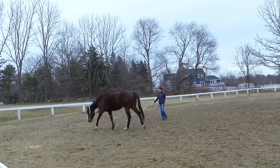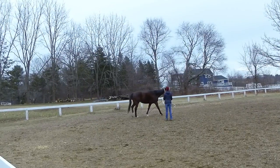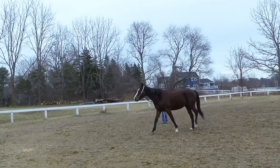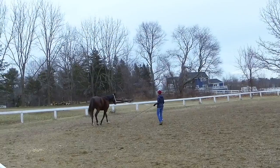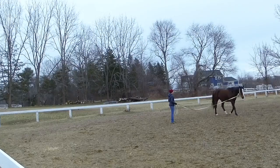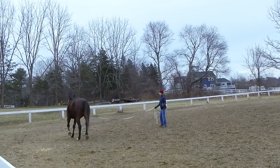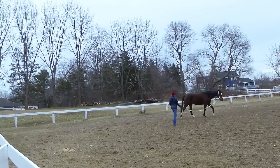So we got his energy out and came back to the walk here. I have him on a smaller circle on the lunge line, much smaller than a 20-meter circle. In the beginning, I like to be able to walk a little bit more with them. And if I stand still, I can take that pressure a little bit more easily with my rein, my contact. And then when they do stretch and I can give them that release and that reward, I can walk with them again